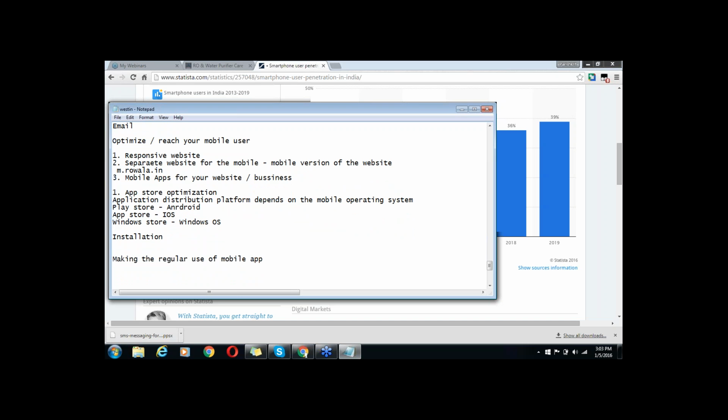But first, before the installations, you have to optimize your mobile app for this application distribution platform. The optimization of your application for this platform means that when someone is searching for your kind of product and services in the app store, your application should appear first.